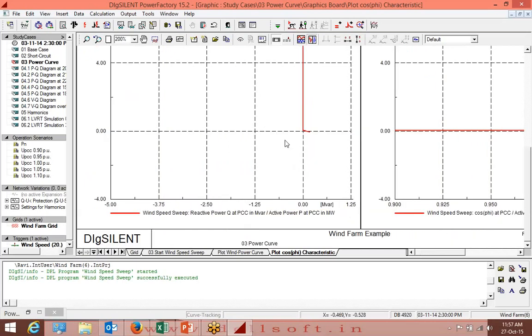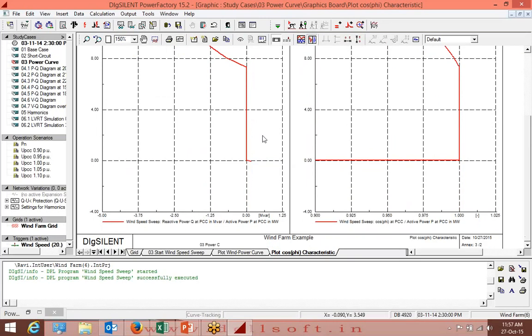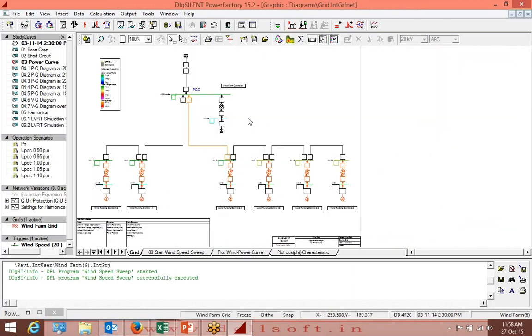These are active and reactive power graphs of the wind farm at the PCC, and active power at the PCC, the converter we are using in this system. Here also are the cos phi values at the PCC, and the ratio with the active power of the PCC. So the PCC is a converter which we use in this network for converting and again giving to the distribution network.